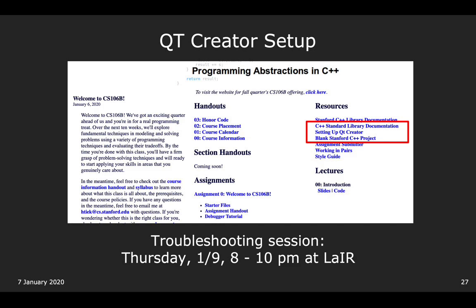It's the place that we told you not to use for troubleshooting help with 106L, the only exception being for setting up Qt Creator. The Lair is in Tresidder Student Union, sort of where Decadence is. There you should be able to find a computer that allows you to sign up for help, and there will be section leaders walking around in case you can't find it. Also feel free to message us on Piazza if you have any trouble with that.